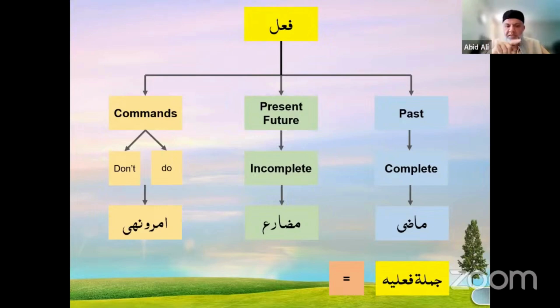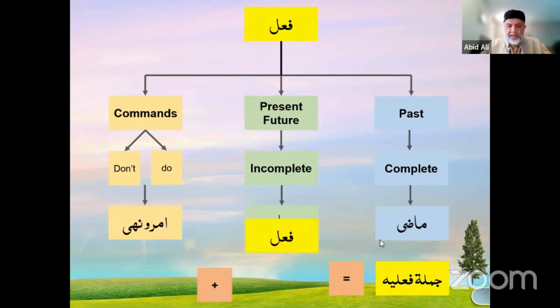When we did the last course for the nouns, we learned everything about jumla ismiya. In this course, moving forward, we are going to look at jumla fe'liya, which means a verbal sentence. The simple definition is, if a sentence starts with a noun, it is called a nominal sentence, jumla ismiya. And if it starts with a verb, it is known as jumla fe'liya, or a verbal sentence. If I say jumla fe'liya, the thought should come to your mind that I'm dealing with a sentence which is going to start with a verb.